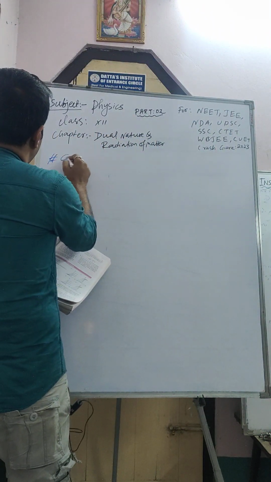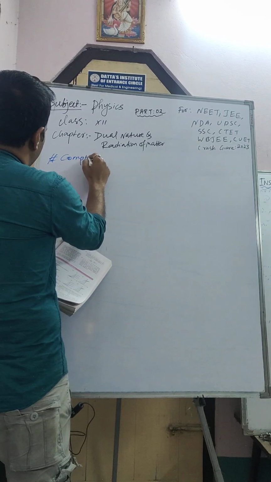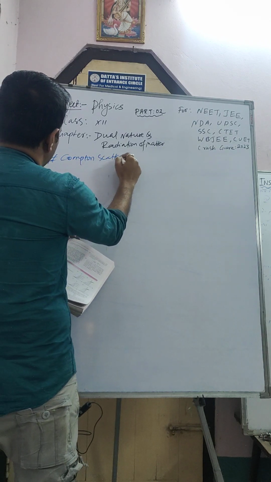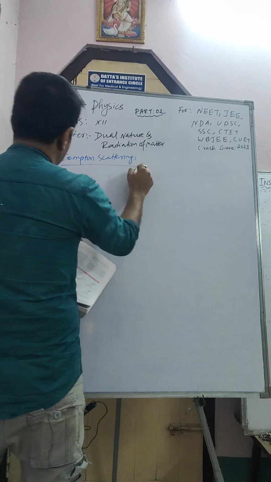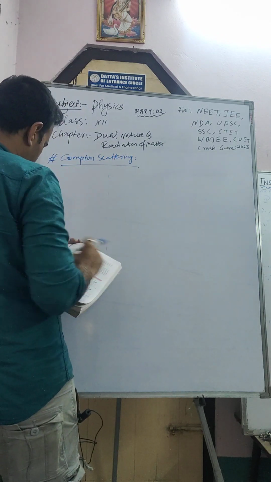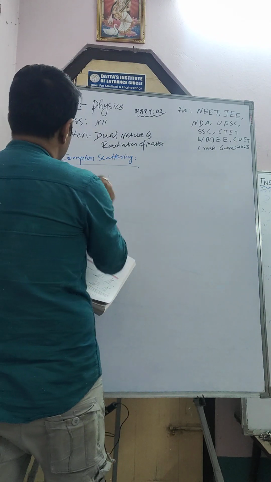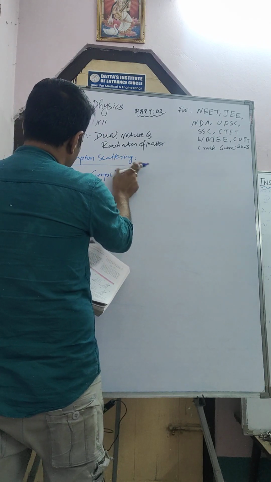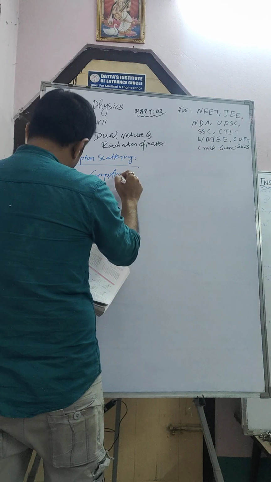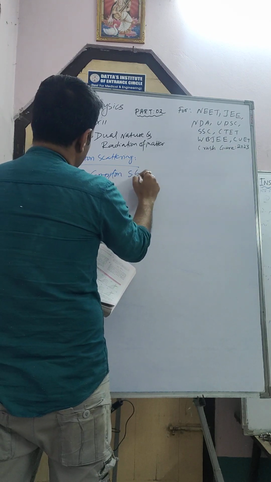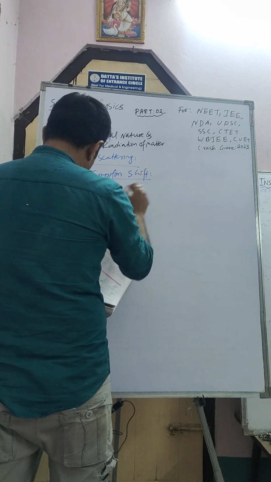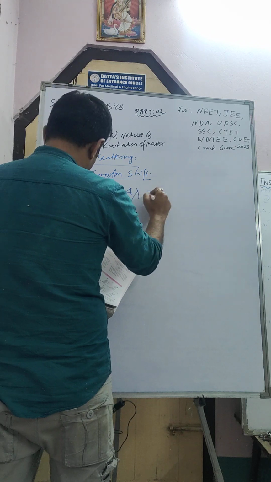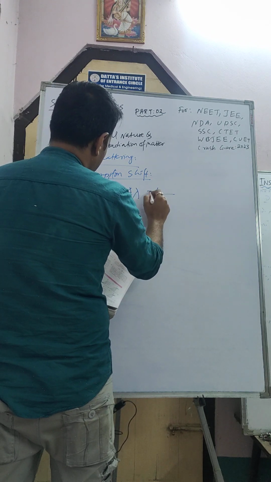Next we will study Compton scattering. So the Compton scattering formula is the Compton shift, or quantum shift. Okay, so Compton shift: delta lambda equal to h by m0